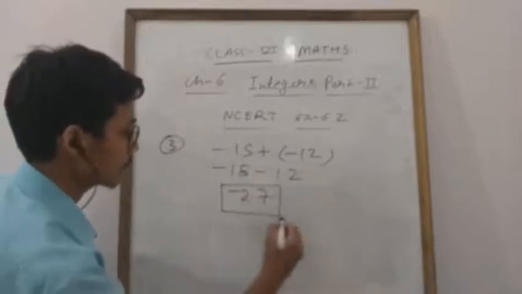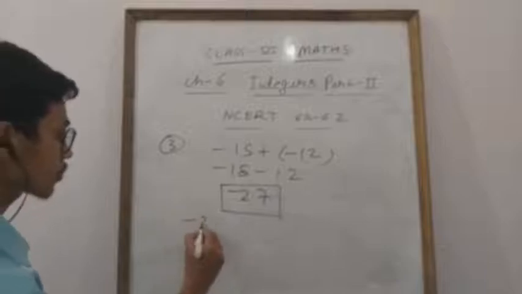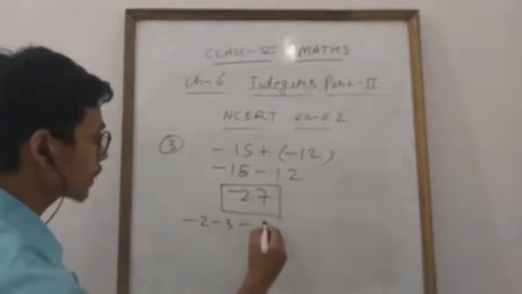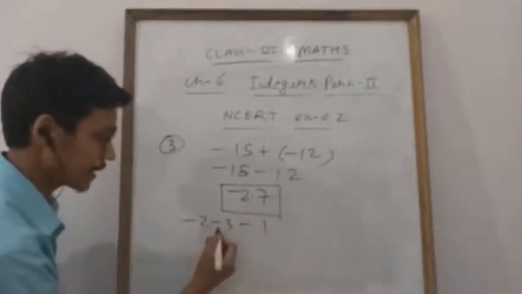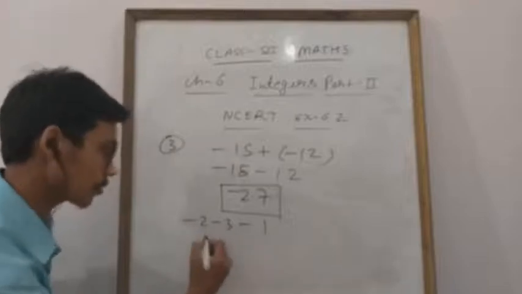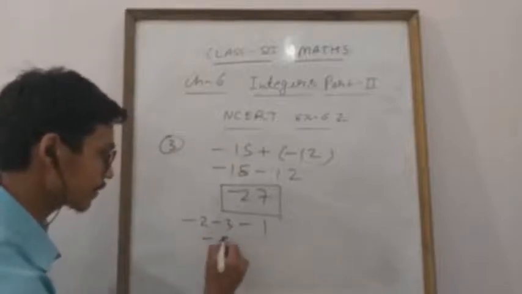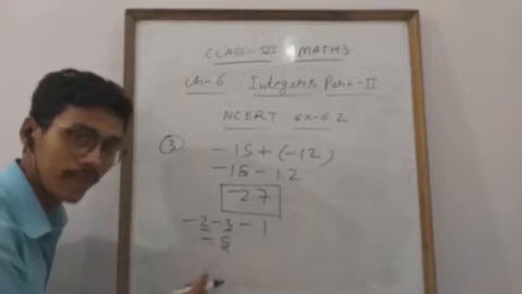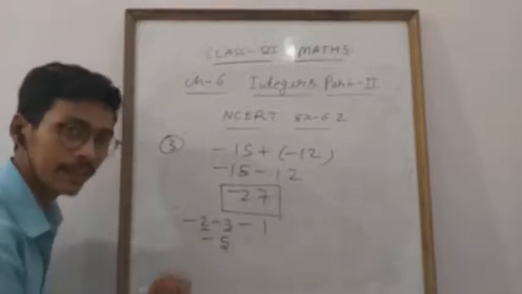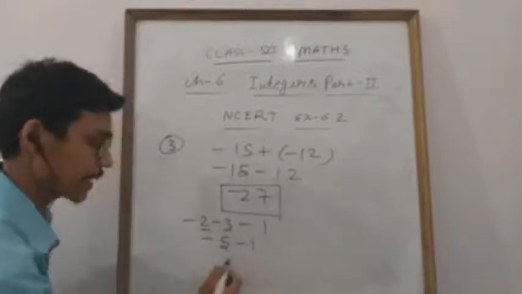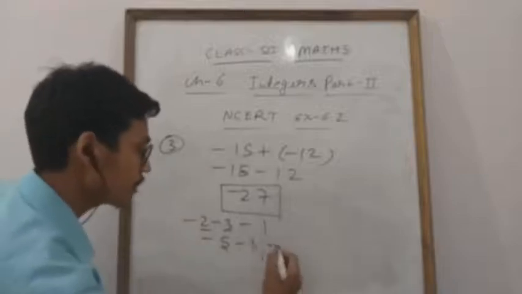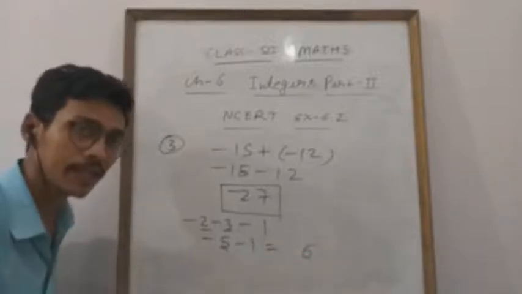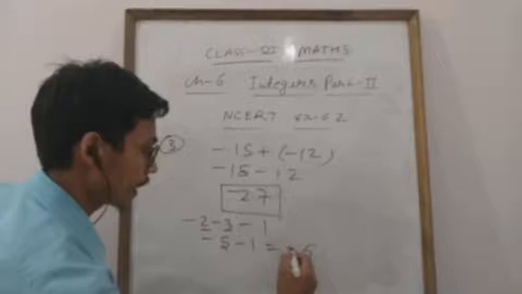This is our correct answer. Another example, minus 2, minus 3, minus 1. Let us check. You know that minus minus plus, again minus minus plus, it means minus 5. 2 and 3, 5, sign of greater. Which one is greater? 3. Again minus 1, again minus minus plus. So plus, you will do 6, sign of greater. Which one is greater, student? 5. So you will write down minus.